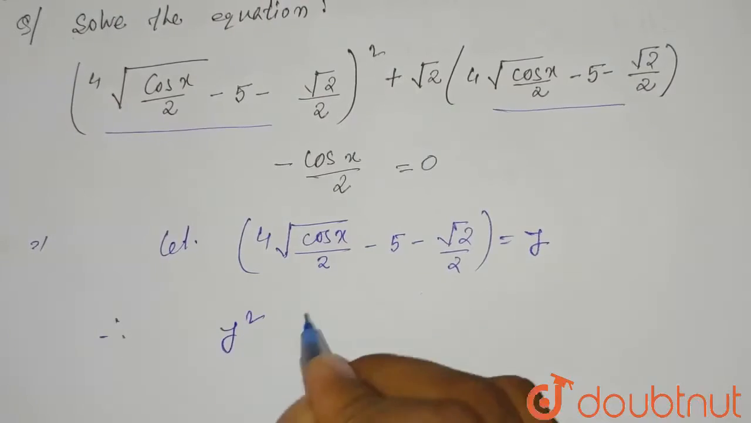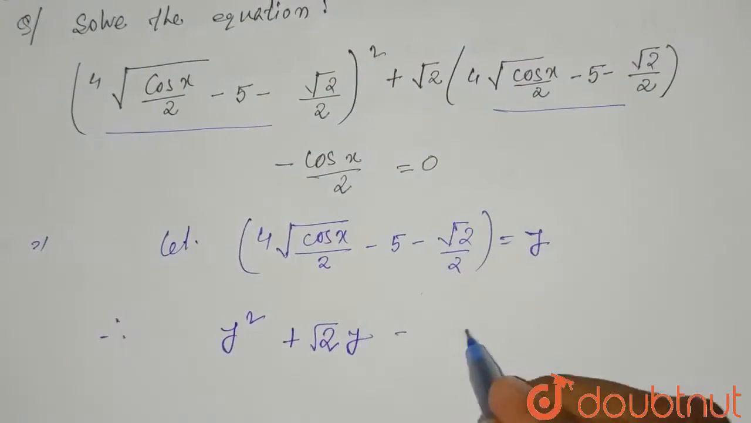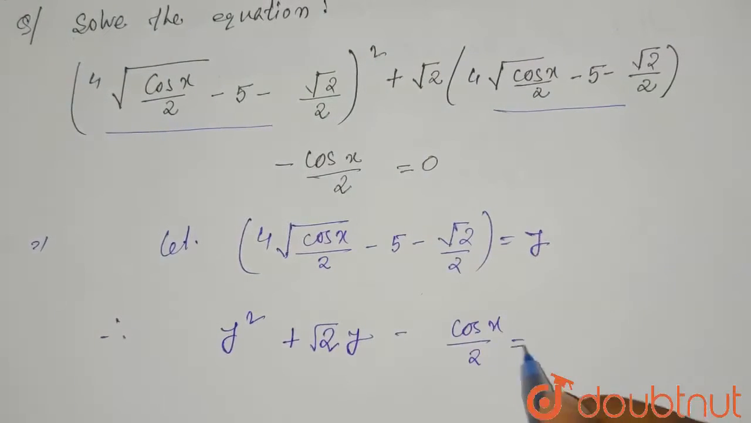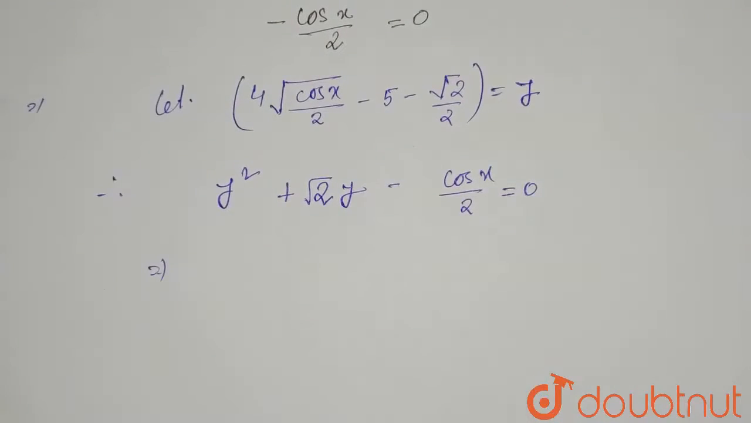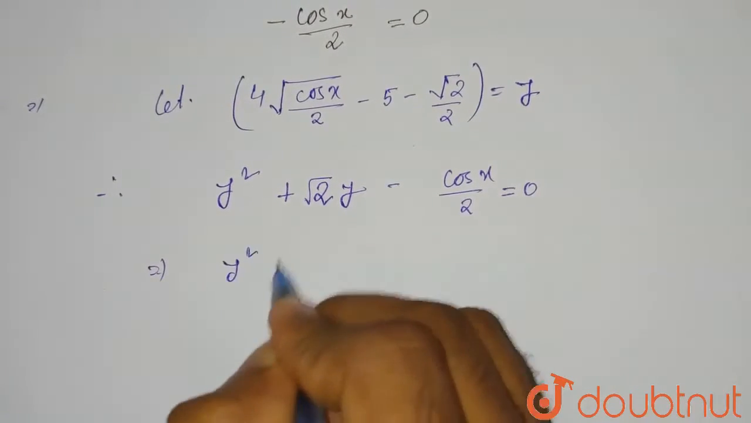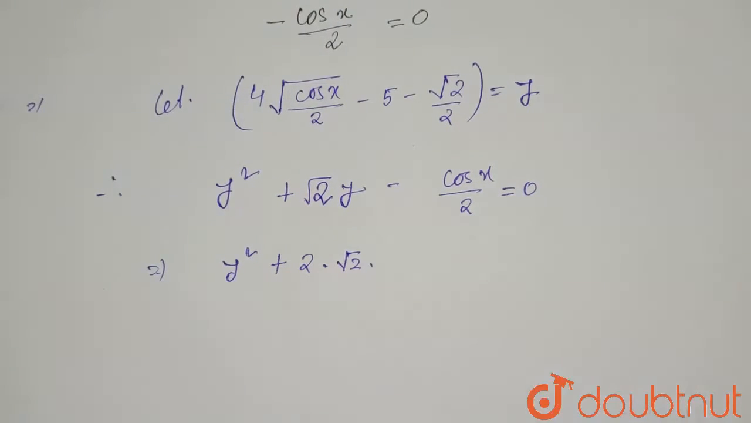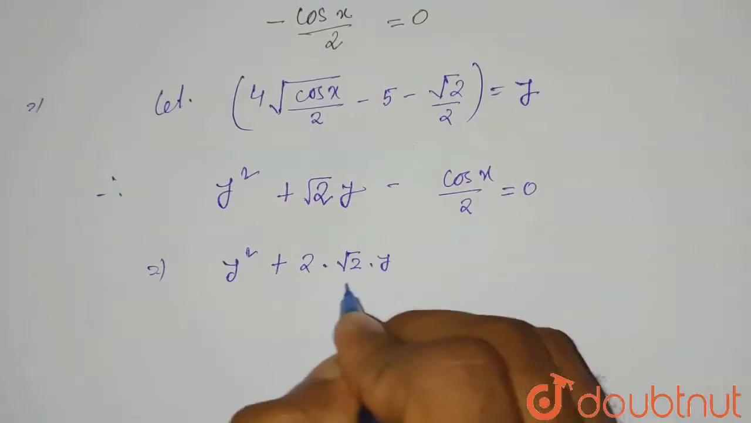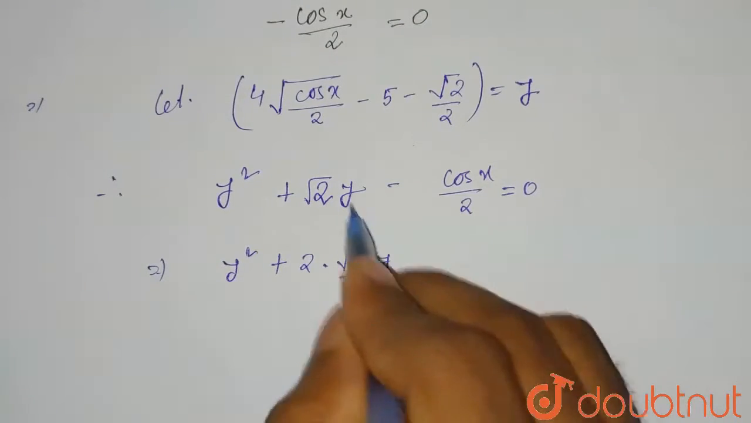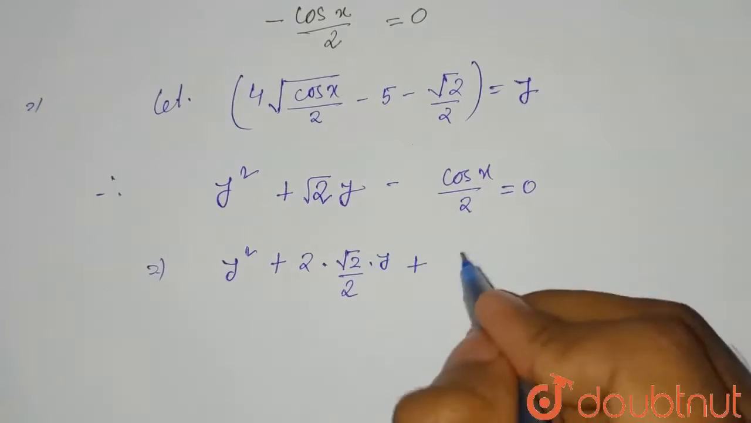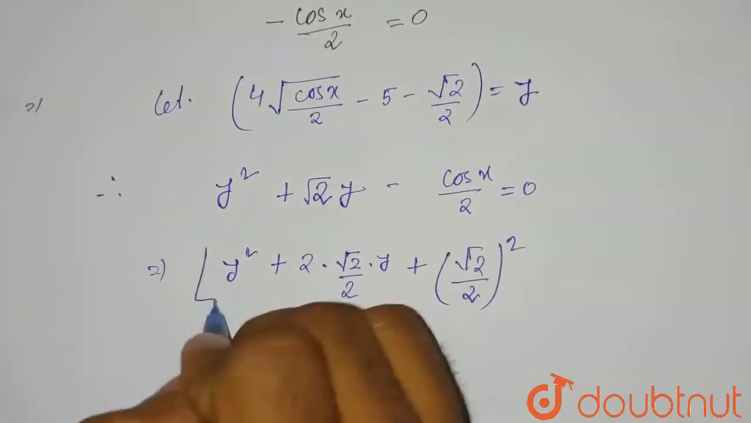y square plus root 2 y minus cos x/2 equals 0. Now let's try to convert these two terms into a perfect square form. It can be written as y square plus 2 into root 2/2 into y, since root 2 can be written as 2 times root 2/2, so the value does not change. Plus, if we add (root 2/2) whole square extra,